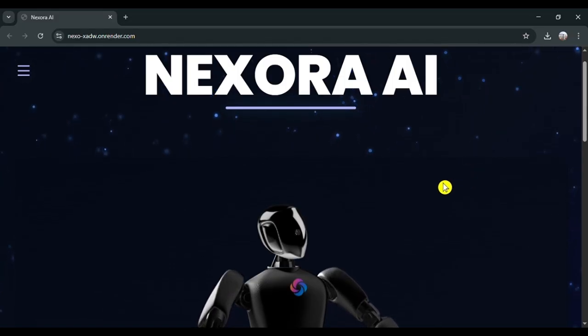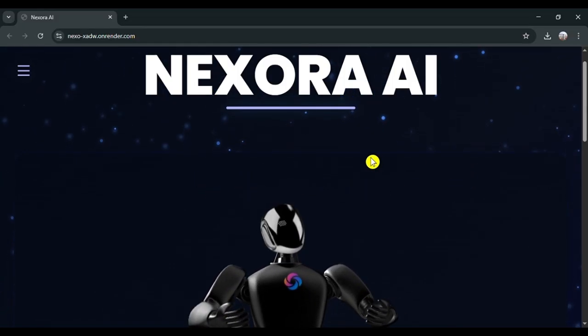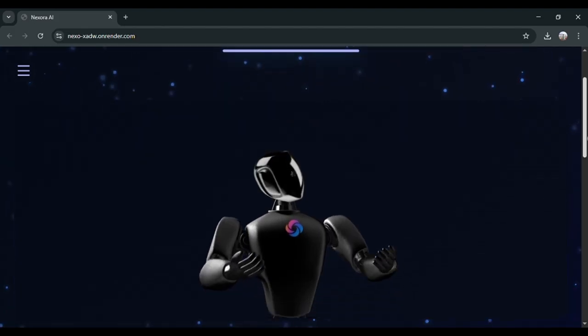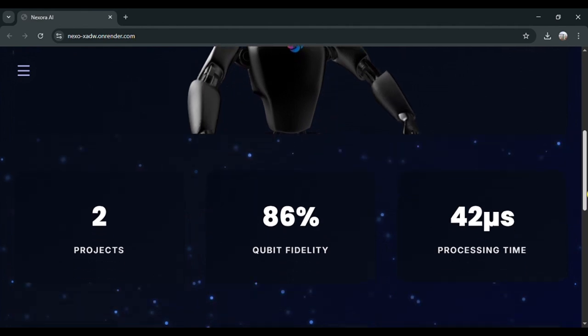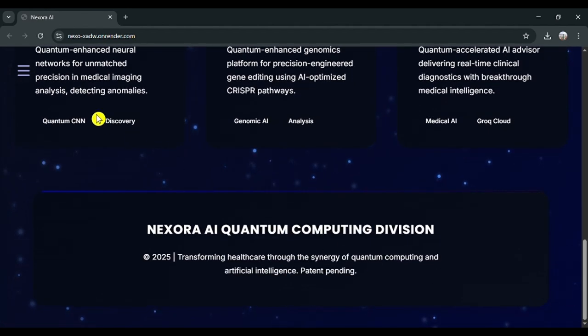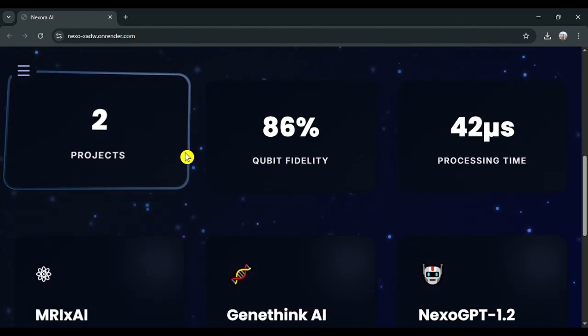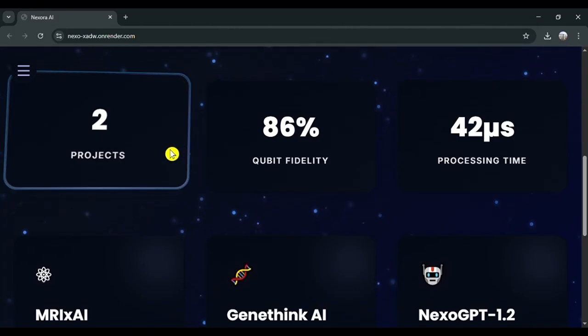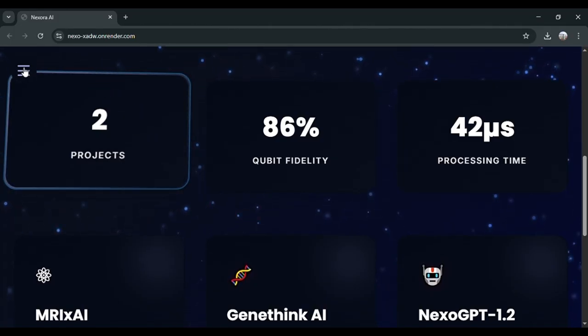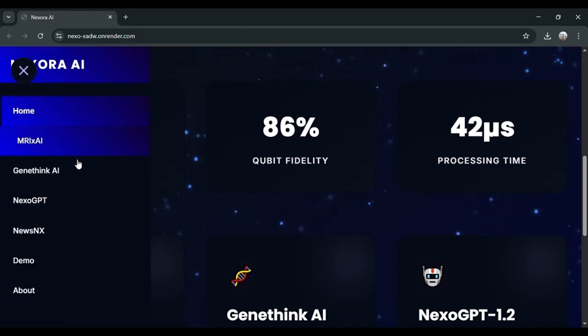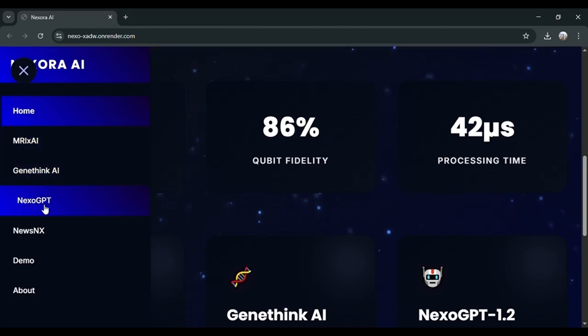Our interface is simple but powerful, with four major tools that you can access from the dashboard. They are basically MRIxAI, GenThink AI, Nexo GPT, NewsNX, and the About Us section. Talking about each individually, if we go to the MRIxAI one,